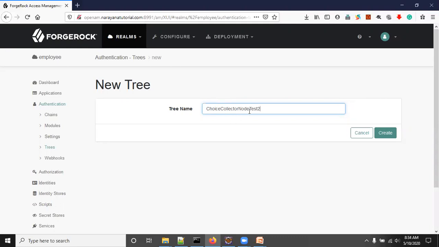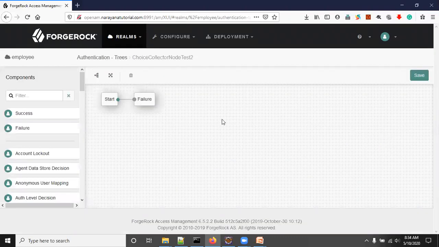Here you can give any name. Click on Create. Now we get two nodes by default.